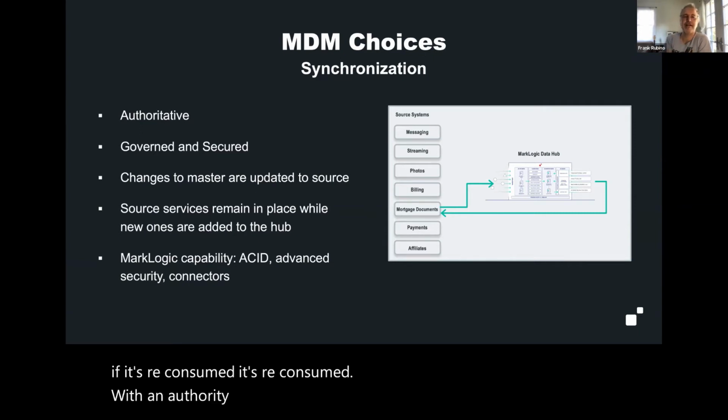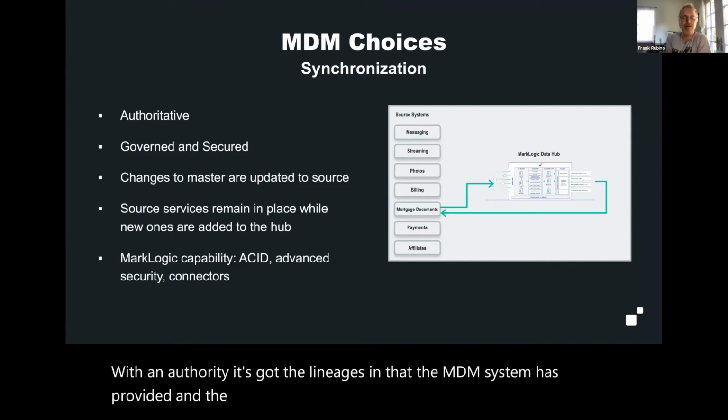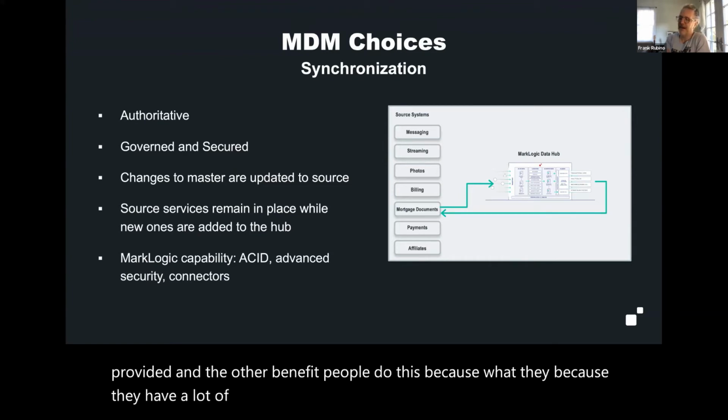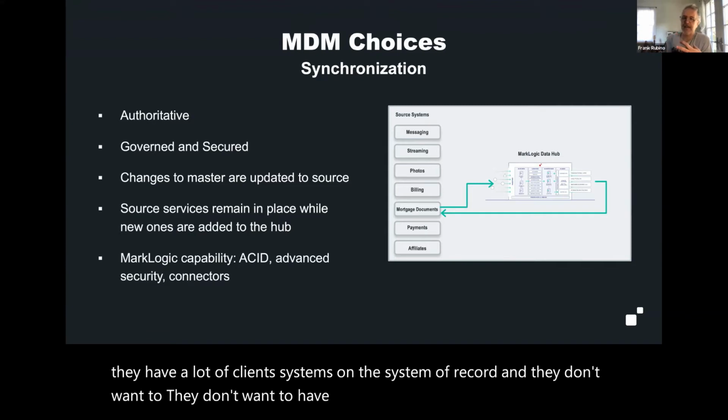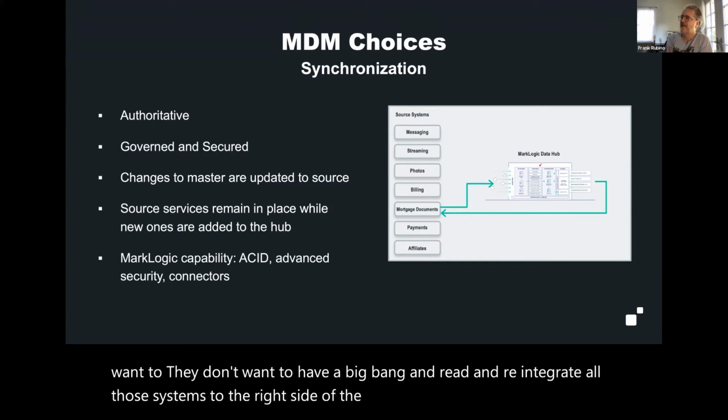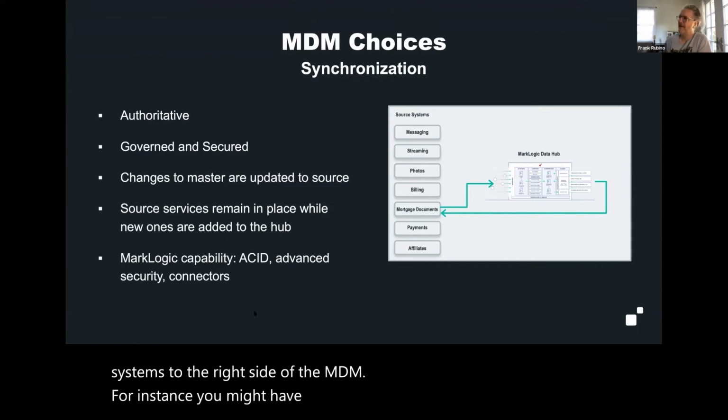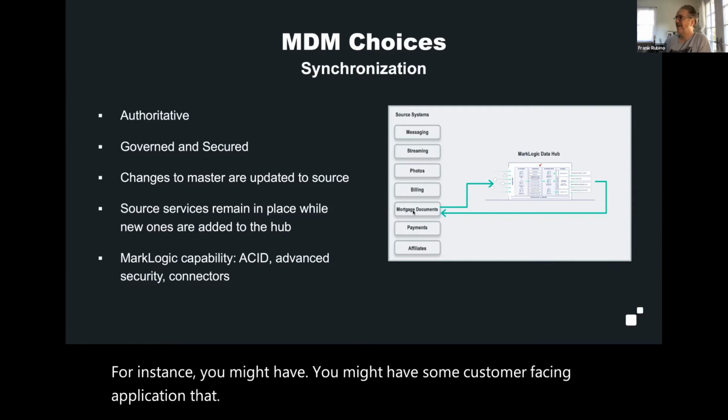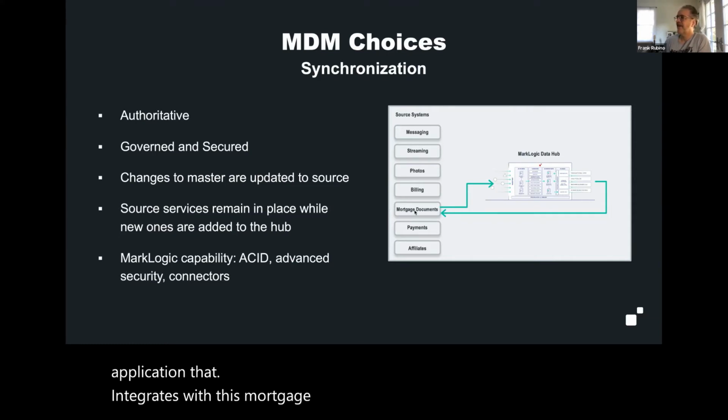It's got the lineage and provenance that the MDM system has provided. And the other benefit, people do this because they have a lot of client systems on the system of record, and they don't want to have a big bang and reintegrate all those systems to the right side of the MDM. For instance, you might have some customer-facing application that integrates with this mortgage document system of record, and you want to leave that undisturbed while you